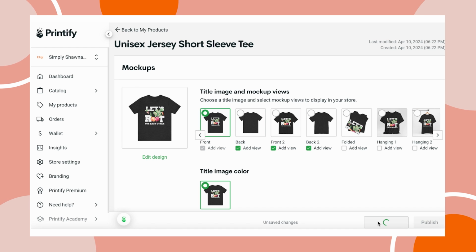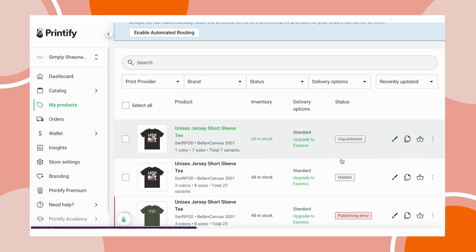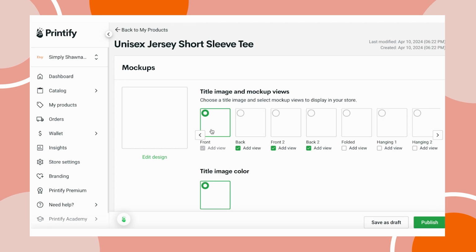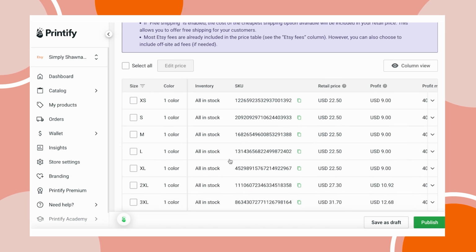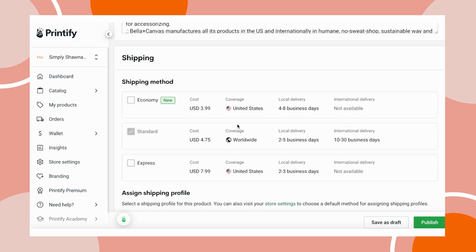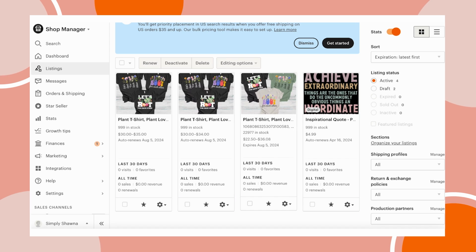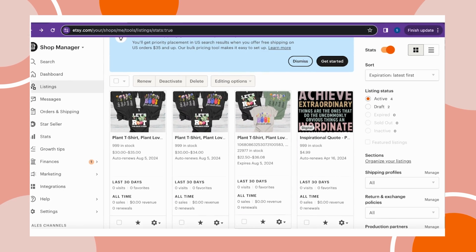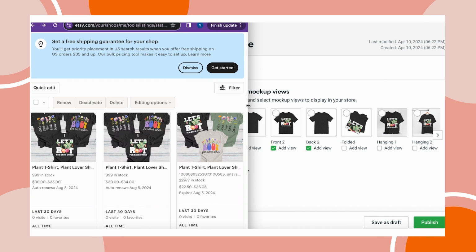We're going to go ahead and attach those SKU numbers over in our listing on Etsy so that everything can be automated. So I'm going to go back here and double click our listing, and you can find the SKU numbers down here. We see that these are the SKU numbers right here. And we're going to just copy and paste each of those SKU numbers into our listing so it's connected with this design. So back on Etsy, I'm going to click into our listing, and I'm going to put our windows,